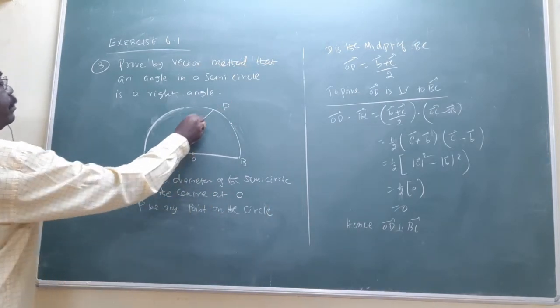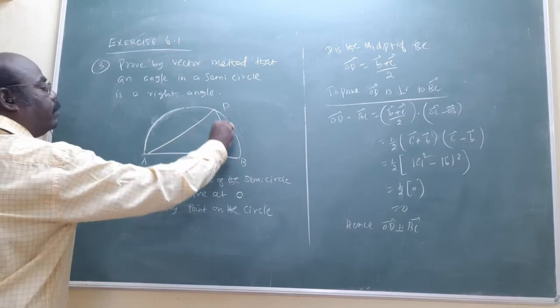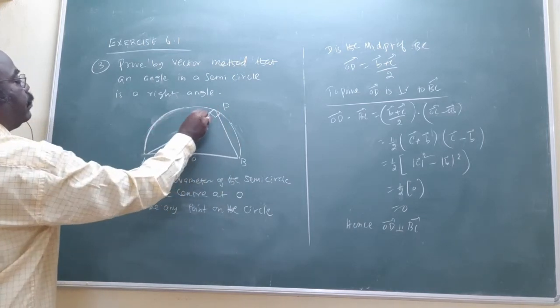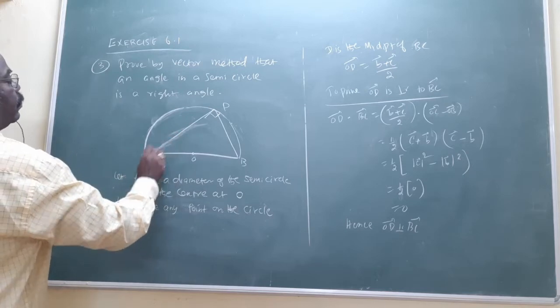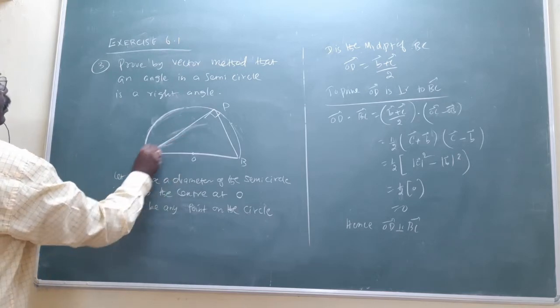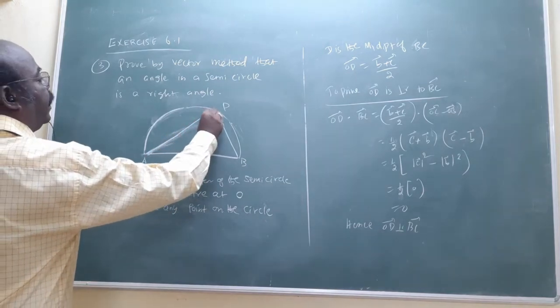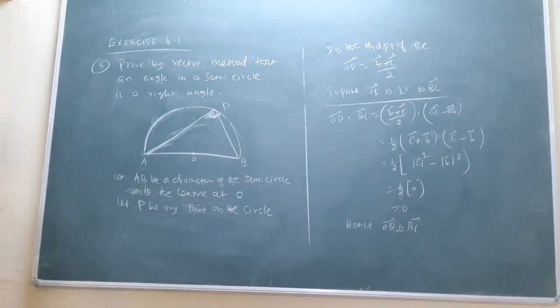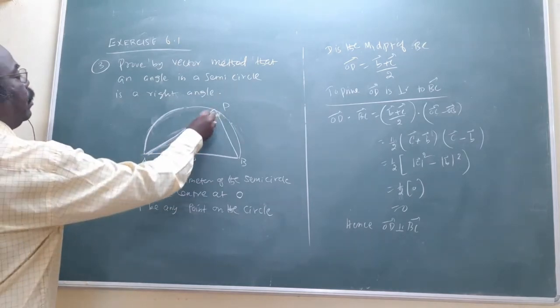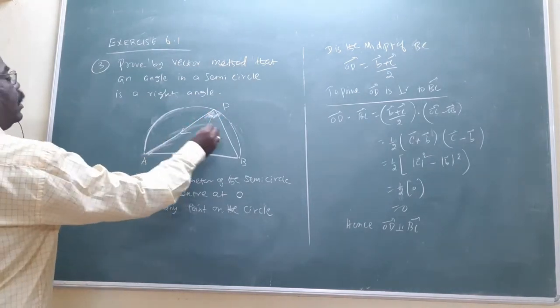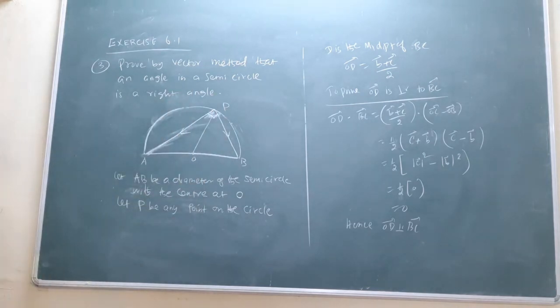Now join here. Now you want to prove this is 90. That is the concept. Am I right? You want to prove this is 90 degrees. Now join this one. Now, with center O,